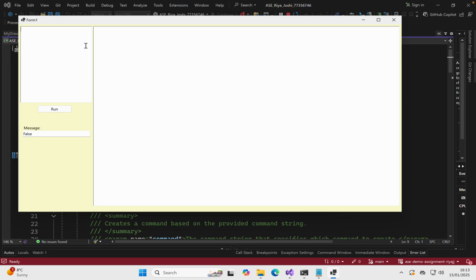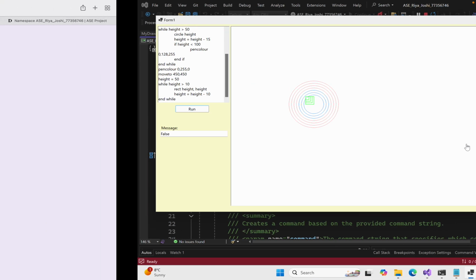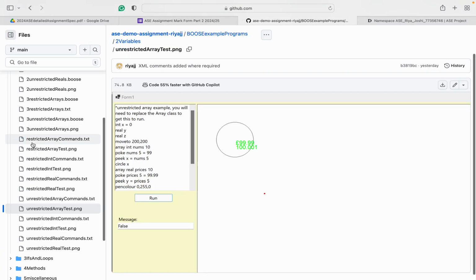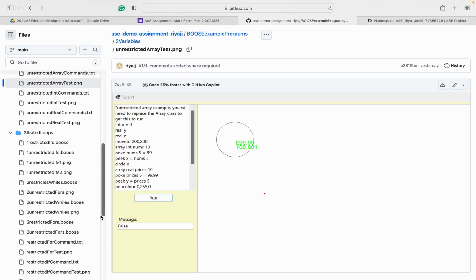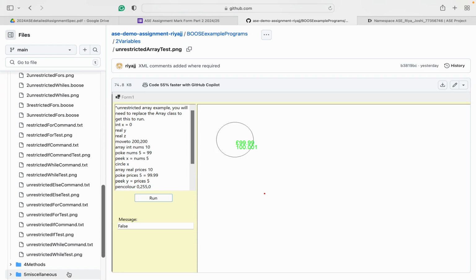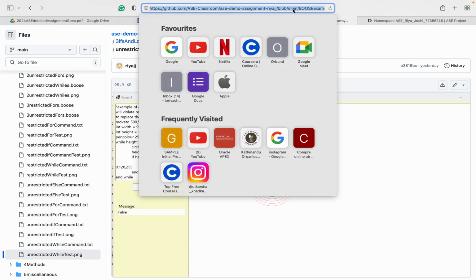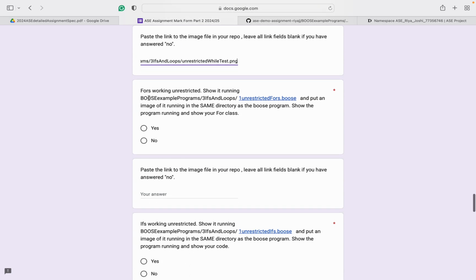We are going to paste the code and run it, and here is the output. Yes, this one is for unrestricted while. So for unrestricted while, we go to ifs and loops, unrestricted while test.png. Here is the image. Copy the link and paste it here.